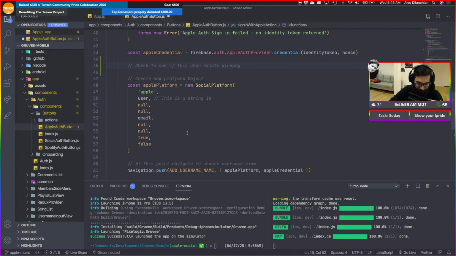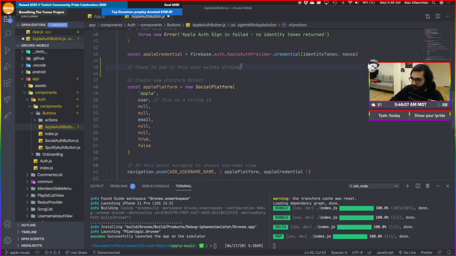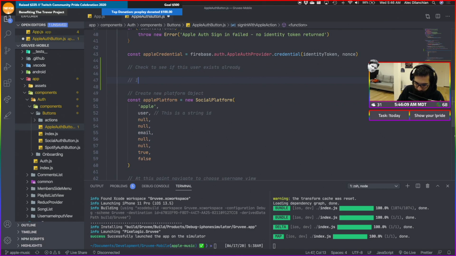And then if they do exist, we don't actually push to anything else. If the user does exist, sign them in, which should trigger this here in our app.js.